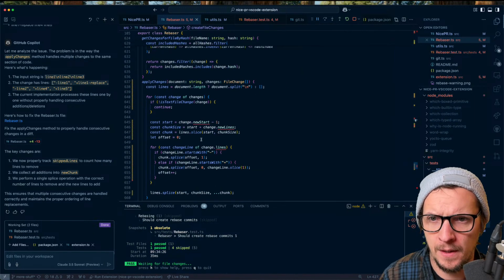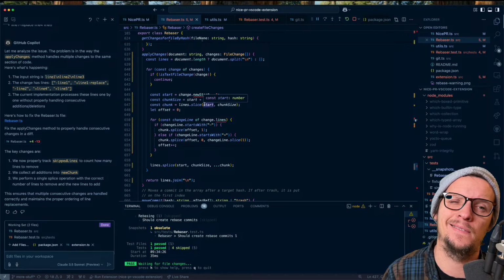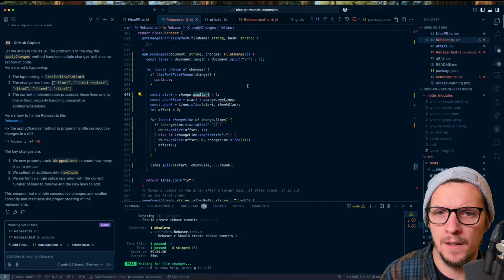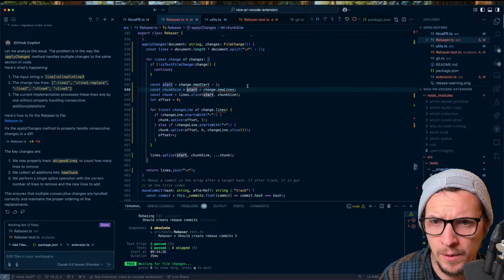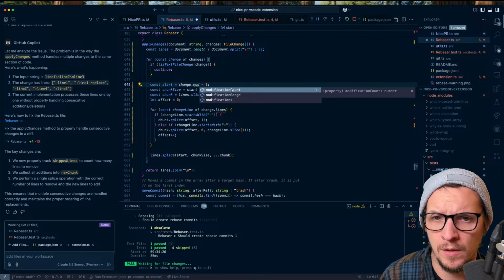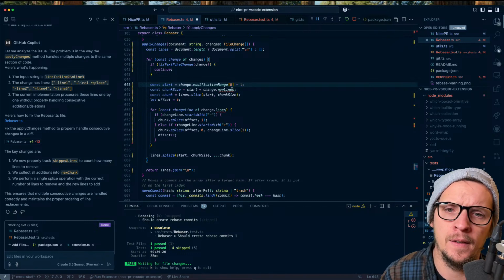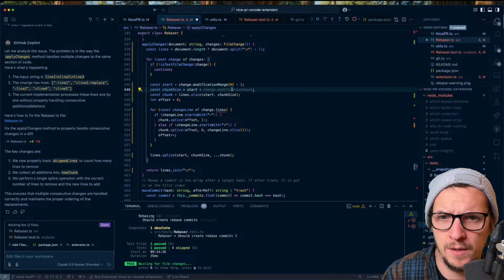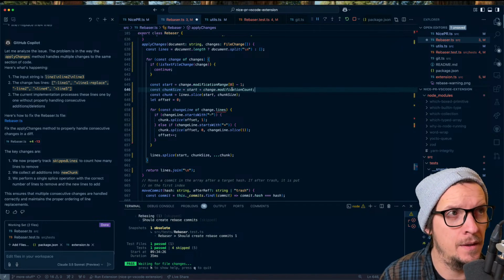Okay. And then when we apply the changes, so this is going to be interesting. Now these are line based. So when we apply the changes, so the start, so this is interesting. Now we can just do, do we need a chunk size? Yeah. So this would be change modification range 0, and it's -1 because it's based on lines. And then the chunk size will be start plus change modification count. That's the